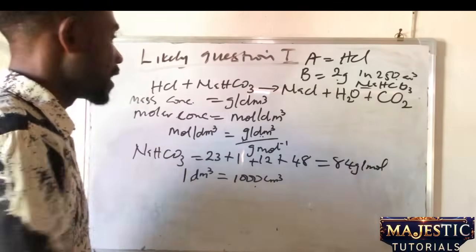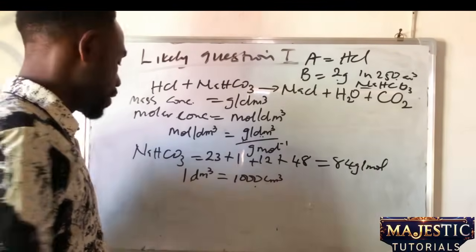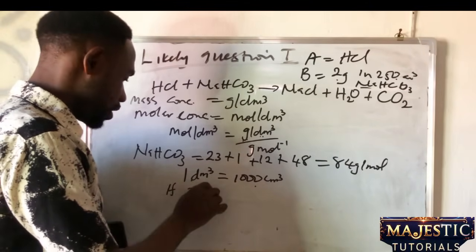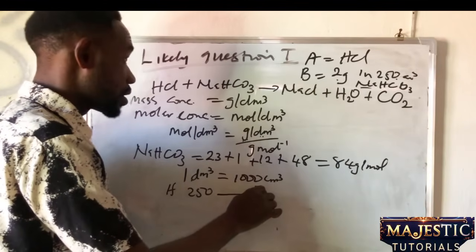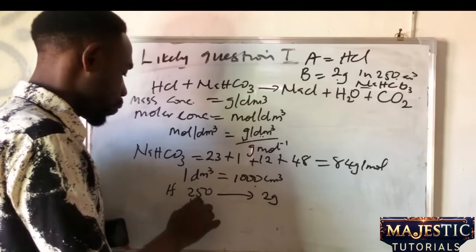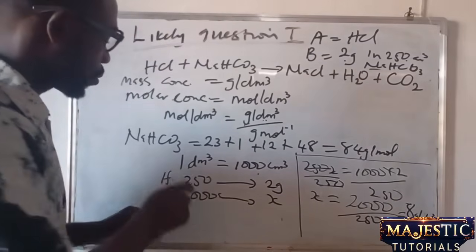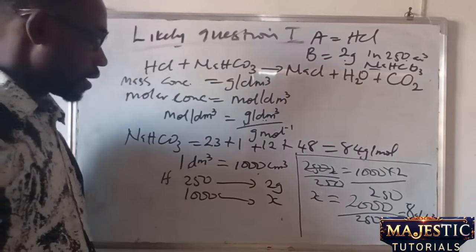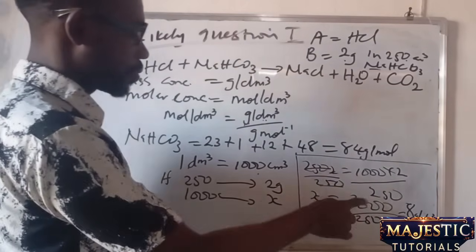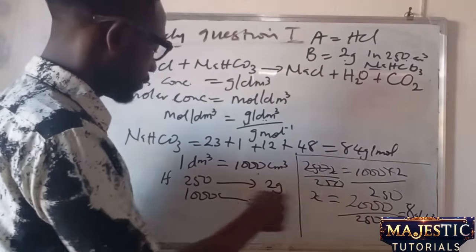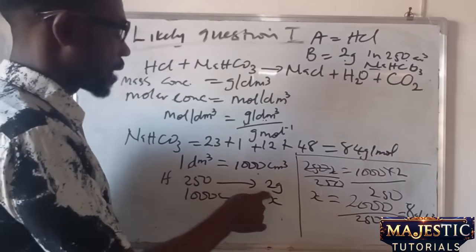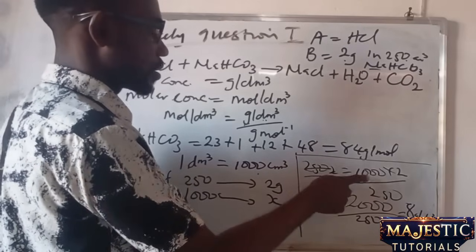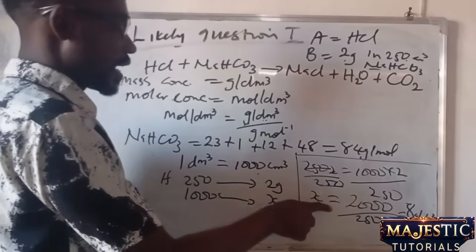Okay, and this is not in 1000 cm cube, therefore I will say if 250, which is the volume given to you, contains 2 grams, what will 1000 give? Looking at this, 250 gave 2 grams, 1000 will give x. That means you cross multiply. When you cross multiply, you have that 250x will give you 2 times 1000, which is the same thing as 250x is equal to 2000, such that x alone is now